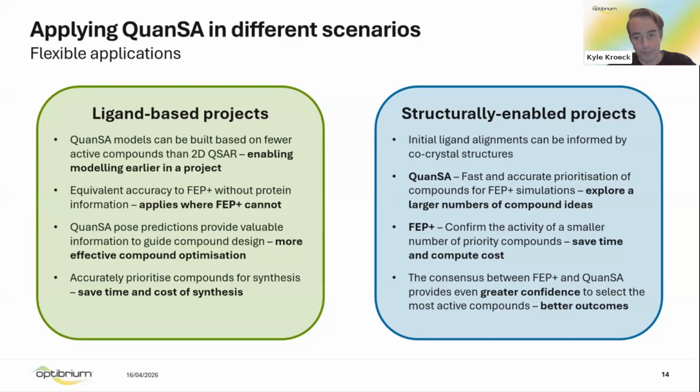Even without a protein structure, QuanSA builds a 3D map of what the pocket must look like based on the ligands. This gives chemists a 3D target to design for, showing them exactly where to add groups to improve fit. So by predicting the 3D fit and strain before a compound is even synthesized, you avoid wasting weeks in the lab on molecules that look good on paper but are physically incompatible with the target. This turns a blind design process into a structure-guided one.